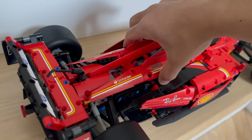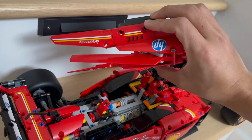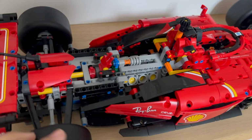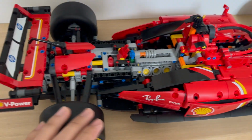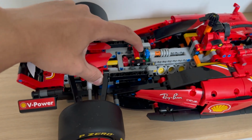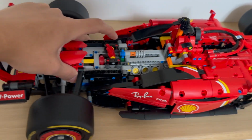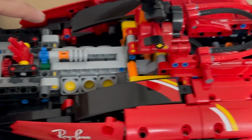Of course, removing the back cover, you can see a fairly similar setup to the way that things are done in the other vehicle, but this time it's a little more exposed, allowing you to get a better look at those brand new piston pieces. You also have a double-sized lever for the actual gear change, which I'm a little mixed on. Having the exposed axles is a little strange to me,